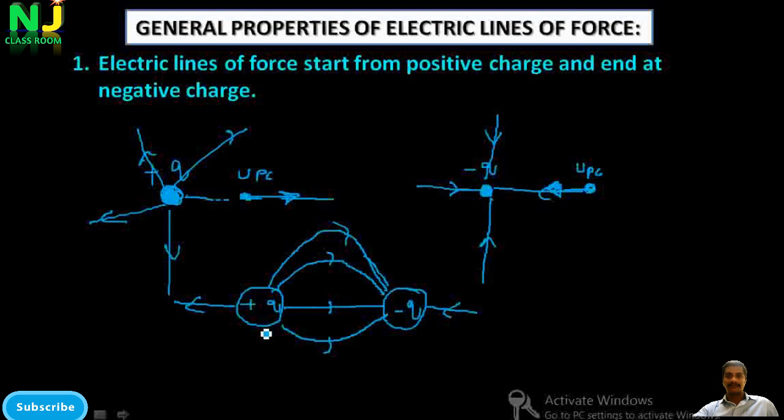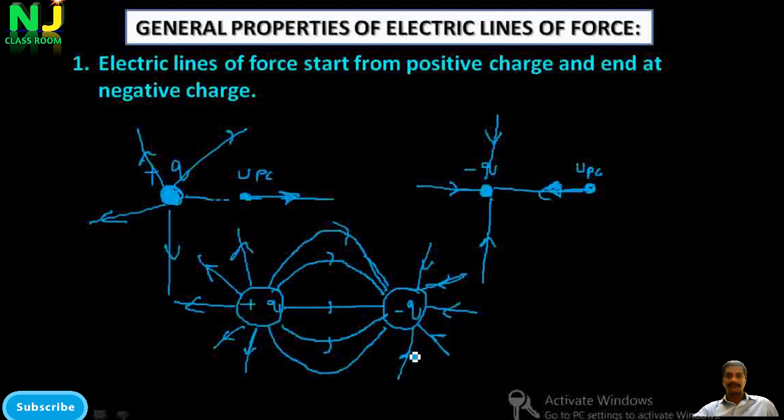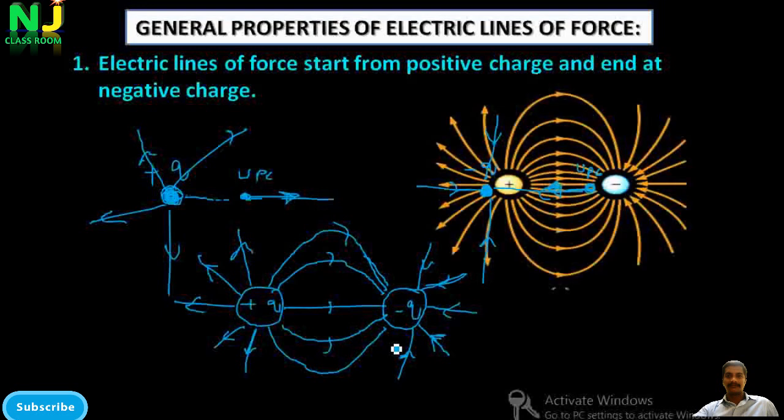So see here how the field lines are starting. This is how we have to represent the electric field lines in the case of a pair of equal and opposite charges kept nearby. This is how it looks in the case of the electric field due to a dipole also. So it is a very simple concept. Electric lines of force start from the positive charge and end at the negative charge. Look at how it looks: field lines start from the positive charge and end at the negative charge.